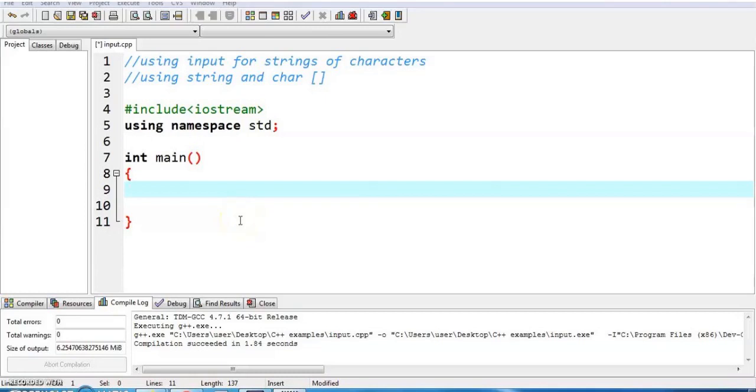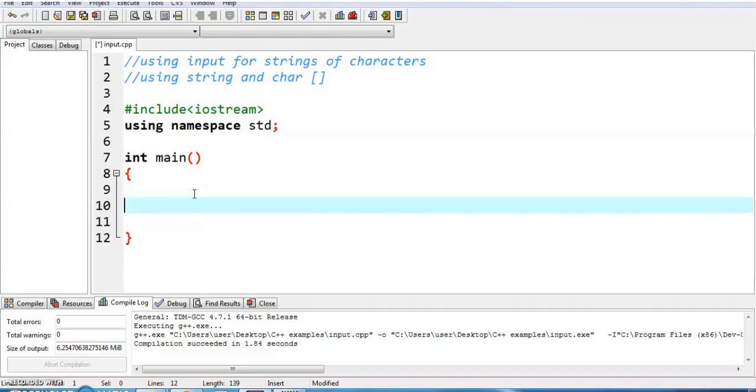Today's lesson is using input for strings of characters. In this situation, we will be using the string or the char data type with a size. As we learned in our previous lesson, to input values into the system, we need to use the word cin followed with the symbol greater than two times. But this is only applicable for integer data types, decimal data types,